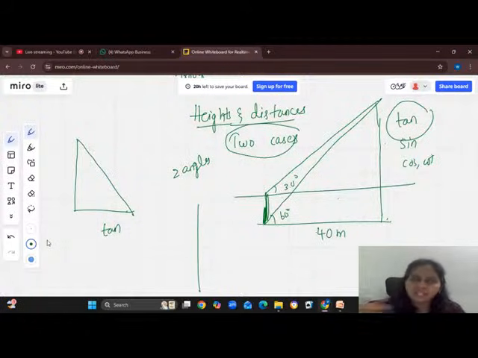You can't take your scale and tape and measure, right? So for example, if I want the width of a dam, I am somewhere and I want to know the width of the dam. I can't take my measurement scale and measure the dam. So in such cases, we use these trigonometric angles to find out larger, bigger distances.